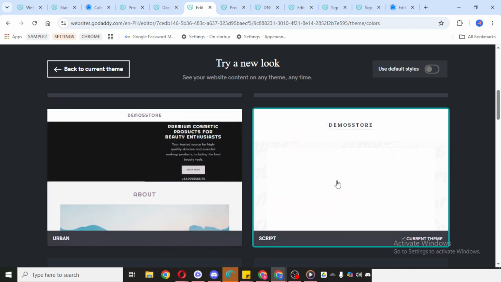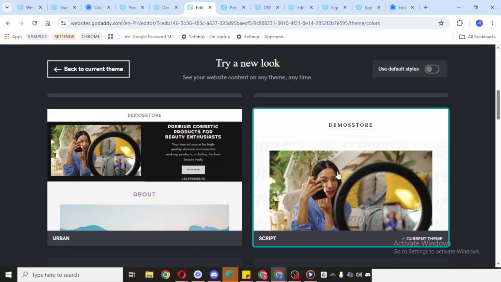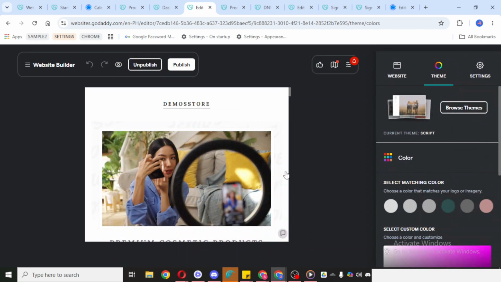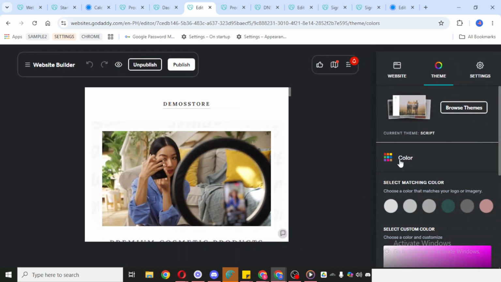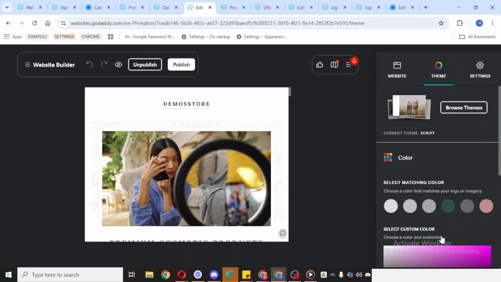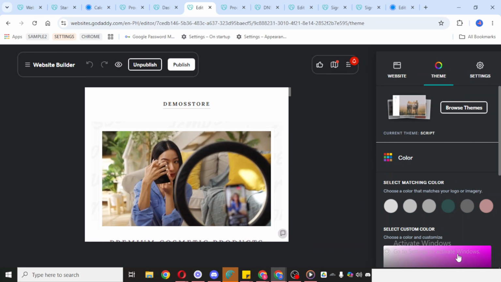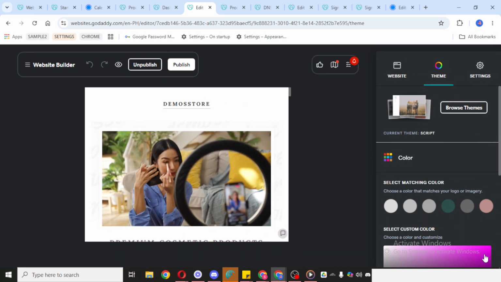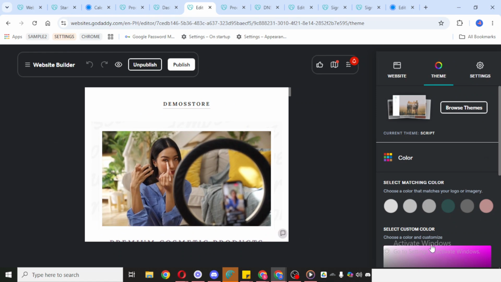After that, feel free to customize your fonts and other design elements. This is where you can fine-tune the details and make the website feel more polished and aligned with your preferences. For example, adjusting the font style can make your content feel more modern, professional, or creative, depending on the look you're going for. As you make changes, try to keep your design consistent so your site feels clean and easy to read. Once you're happy with your updates, click Publish.